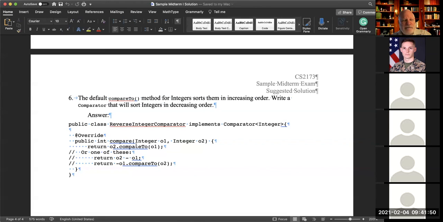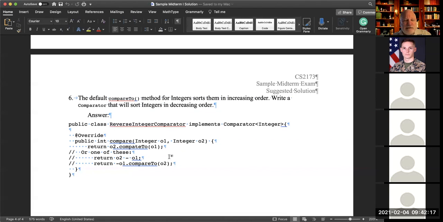If I reverse that, there are basically three ways of doing it. One is I can say the second one compared to the first one, and if I return that, that will reverse the order. Another is that even though these are Integer objects, autoboxing will let me just subtract the values.